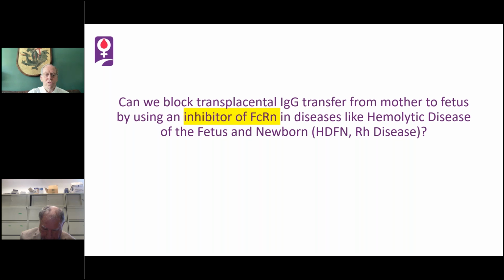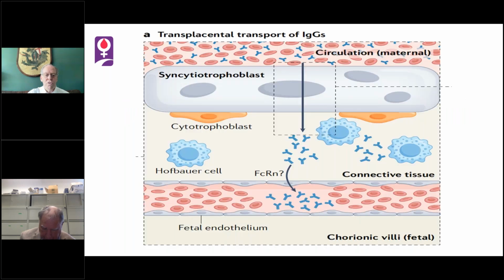hemolytic disease of the fetus and newborn, HDFN or RH disease, and this is going to be very brief. It has been thought for a very long time that to get IgG across the placenta, you need FcRn, and that's why, in general, when you compare maternal to newborn IgG levels, the newborn is slightly higher, like 105 to 110% of maternal levels on average, and this has been explained, again, a hypothesis, that it's because of active transport